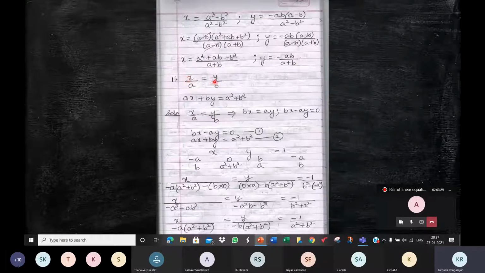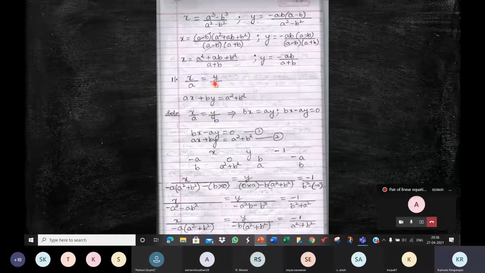In case you wish to have the equations like this, X by A, children, and this will be minus Y by B is equal to 0. See, X and Y should be in the numerator. As long as X and Y are in the numerator, you're good to go. If X and Y are in the denominator, then you need to assume. Depending on the situation, whether you have to assume 1 by X plus Y or 1 by X minus Y, depends on how the equations look like.